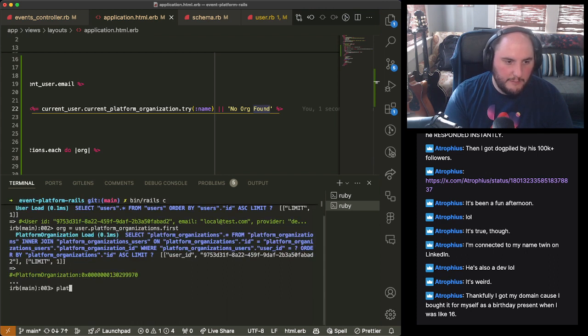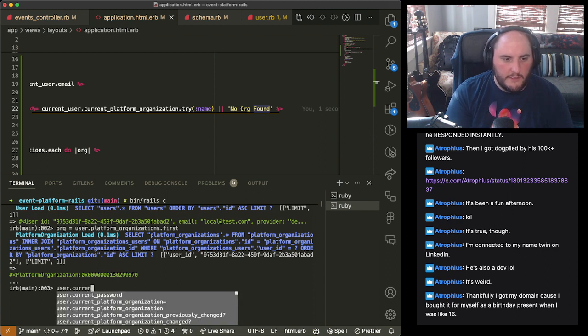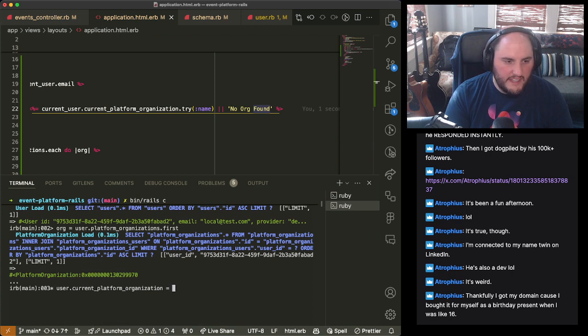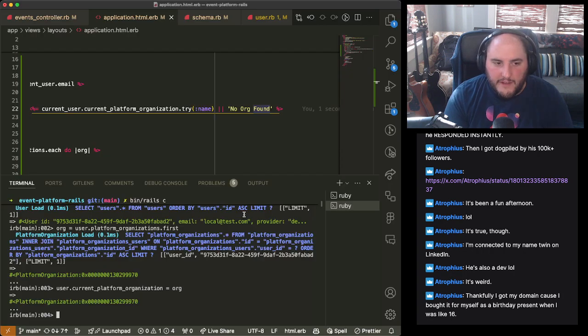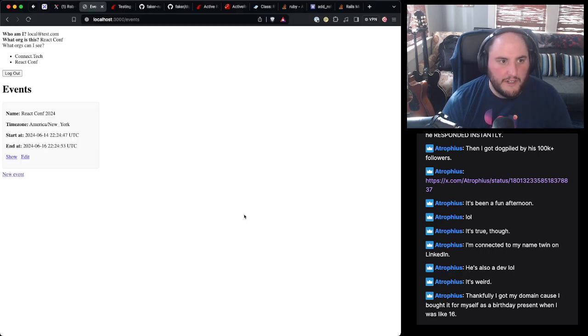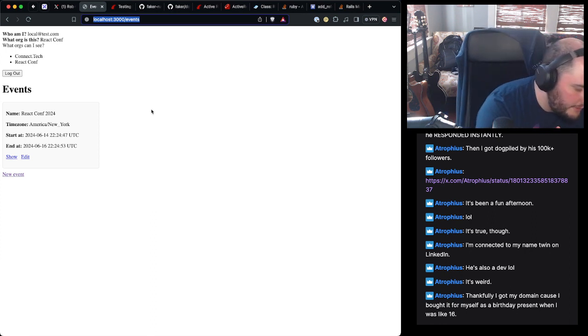And if I say user dot current platform organization, right? And let's say I just set that equal to this org here. That won't do anything because I didn't hit save. Now when I hit save, it's like, yep, we're good. And now I can see RubyConf. And that's really flippin' sweet. And now I can like switch between my organizations pretty quickly.